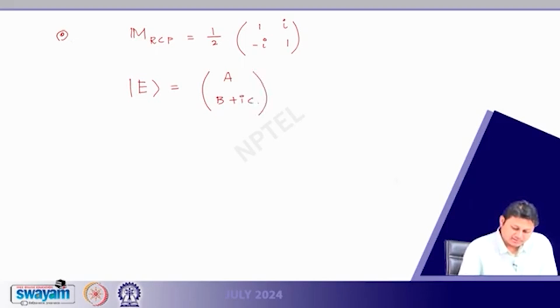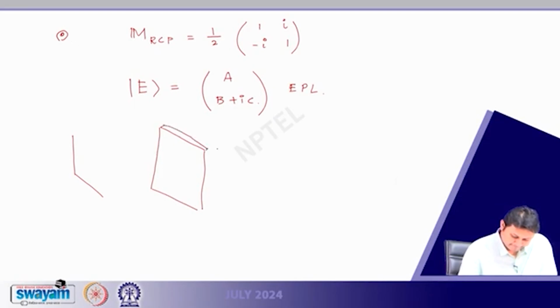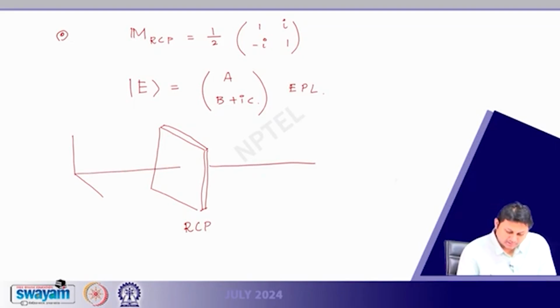So, that is an elliptically polarized light. So, what I am doing, let me draw this scenario. This is my right circular polarized optical element that polarizes the light in the right circular direction, and what I am doing here is